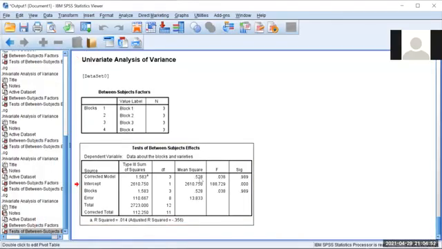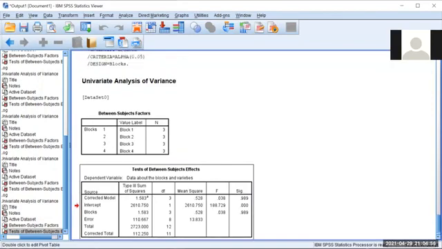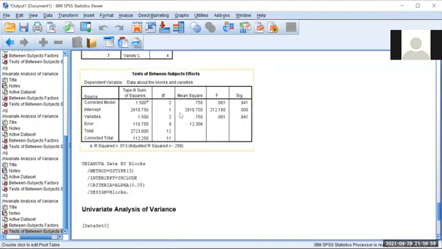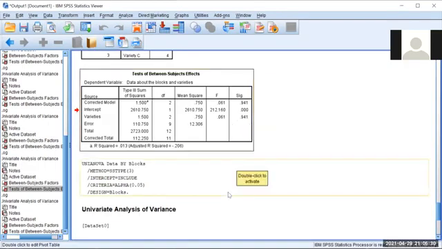Yes, see. So this is the ANOVA table for the blocks, and this is the ANOVA table for the varieties. Now see the significance. What is the significant value for the varieties? See the significant value in the row for variety, which is 0.941. The null hypothesis is that there is no significant difference between the varieties, right? So what is the p-value here? 0.941, which is greater than 0.05. Therefore, the null hypothesis is accepted. That is, it is concluded that there is no significant difference in the varieties.